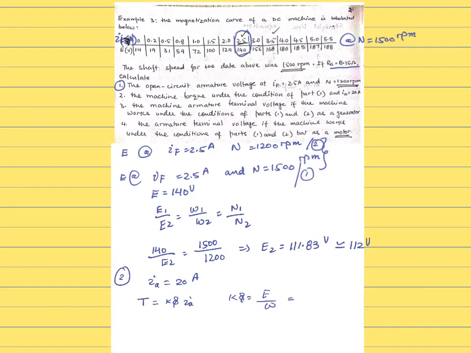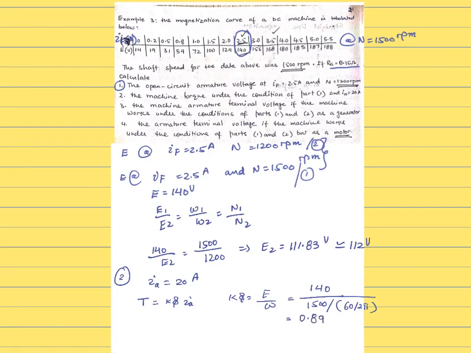you can take E as 140 and N as 1500, or omega corresponding to 1500, or you can also have it from 1200 as well, because for 1200 we have calculated it as 112 volts. So you can consider any of the cases. Let's say we calculated from 140. So for 140, it's at the speed 1500, and we're gonna say 60 over 2 pi. So K phi is